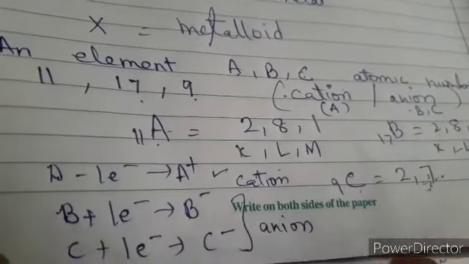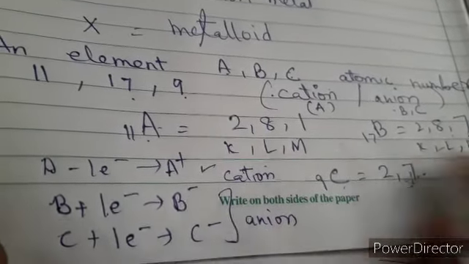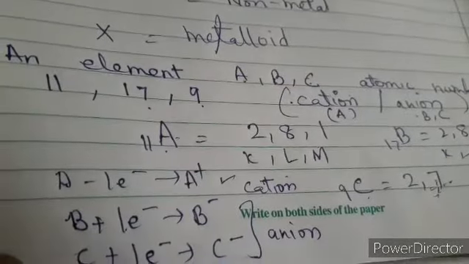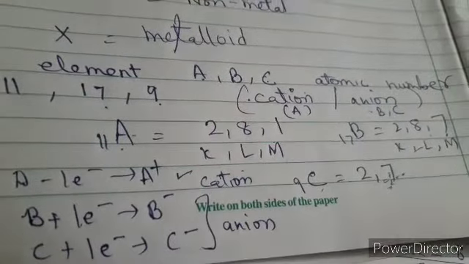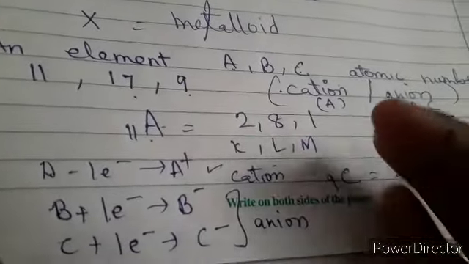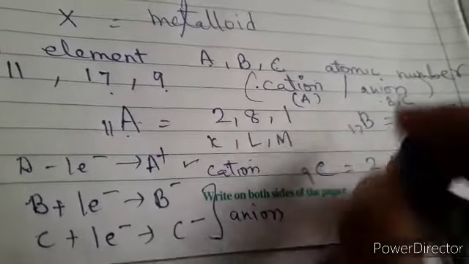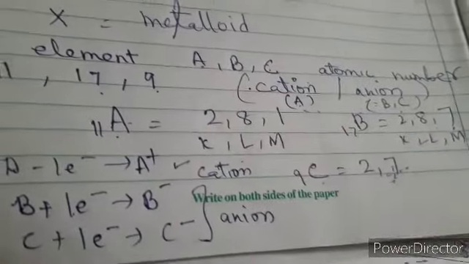Please, in boards these types of questions are coming where you have to use your brain. You cannot do it like that now. It's high time that you stop depending on the book. Definitions you can learn, reasonings you can learn, but these types of questions are logical, you have to use your brain and then give the answer. So please focus on the way I am doing it. They are not asking you to explain how you are doing it, they are just asking you to give these answers. This is your answer part, but the point is that you should know how you have done it.